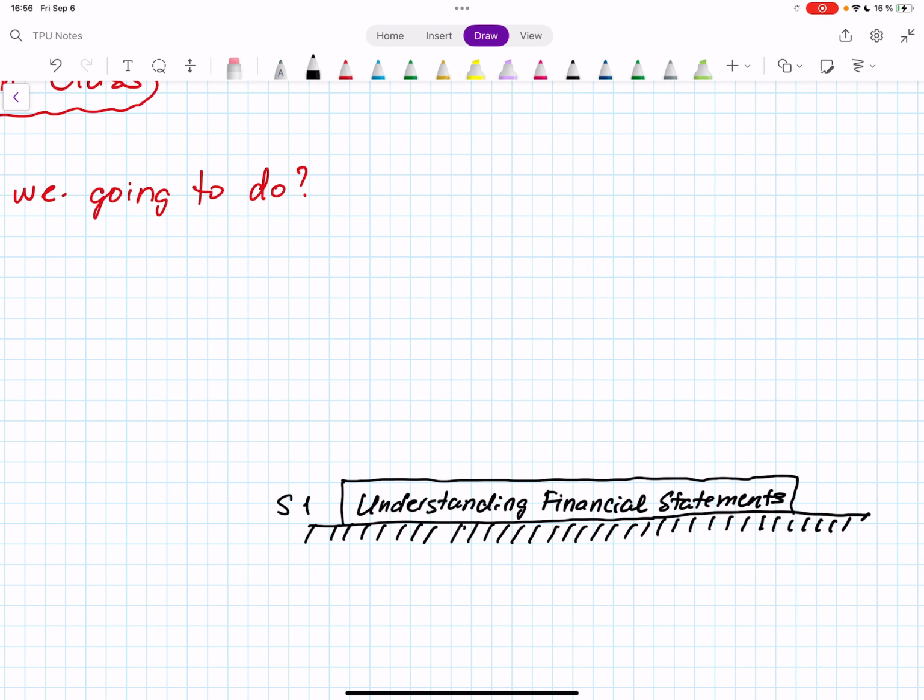Now, the second section for the course is called analyzing financial performance.